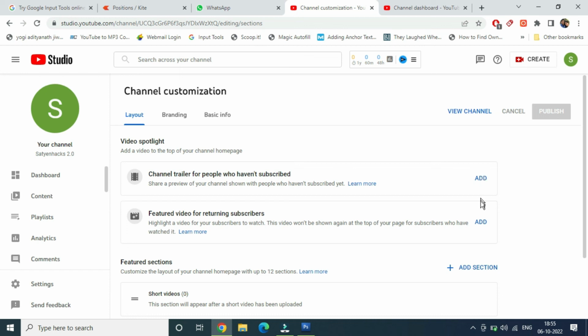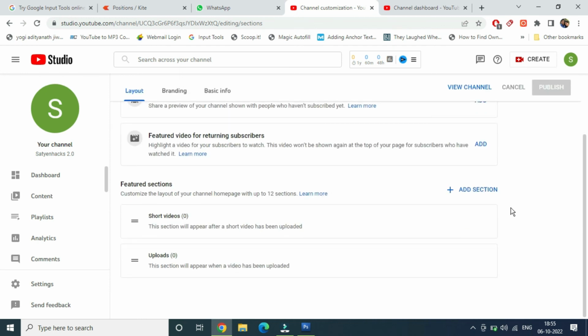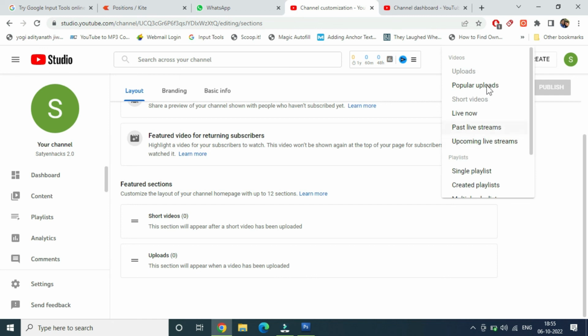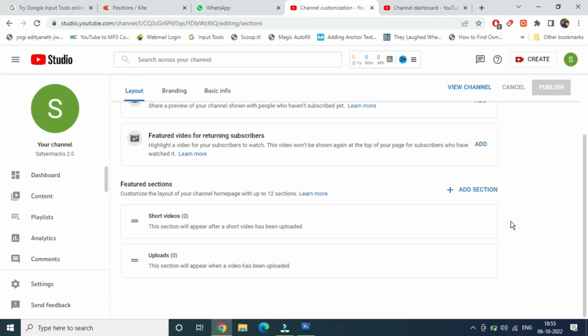Now there are certain featured sections. Short videos will be seen in a different section, and your normal uploads will be seen in a different section. You can also click on add section from here. You can show popular uploads, short videos, past live streams, upcoming playlists, single or multiple created playlists. Then you can also show subscriptions and featured channels. So you can add multiple sections onto the home page of this new YouTube channel. Okay, so these are the basic settings that you need to complete before uploading your first video,